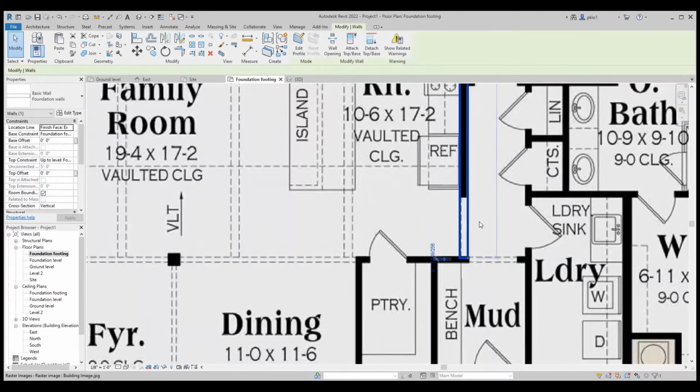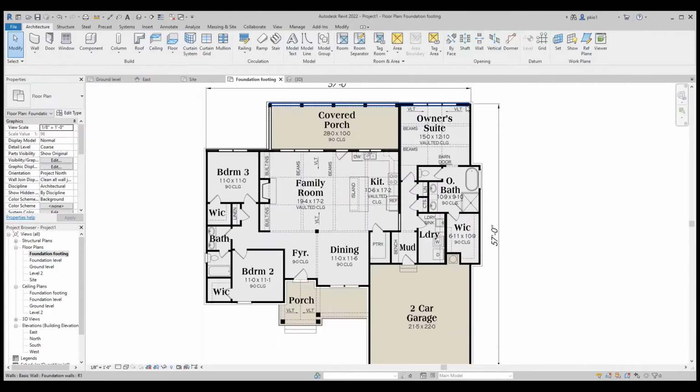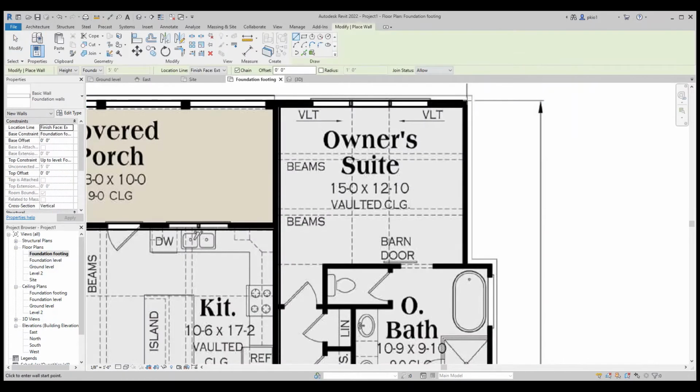This says that the wall is overlapping, so I need to delete one. I have 2 walls in place. Select the wall tool again and draw.